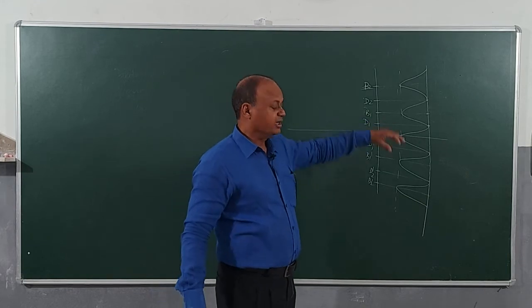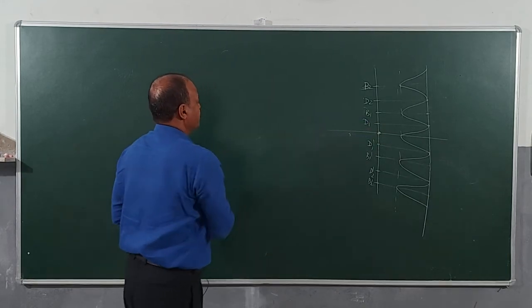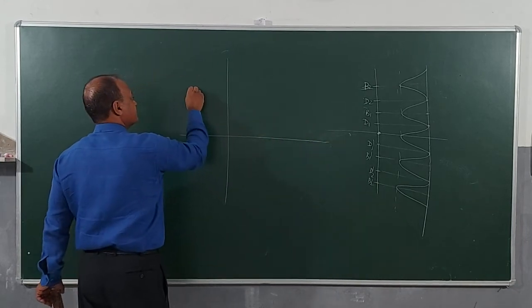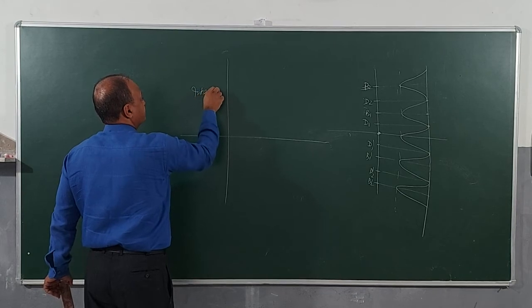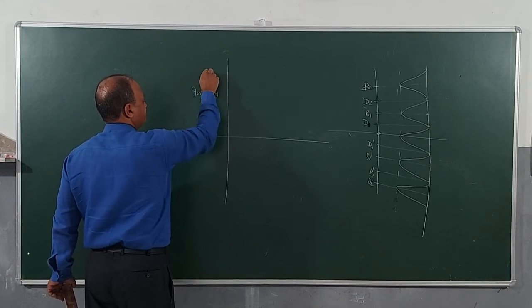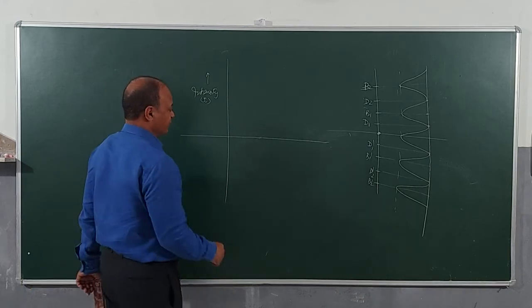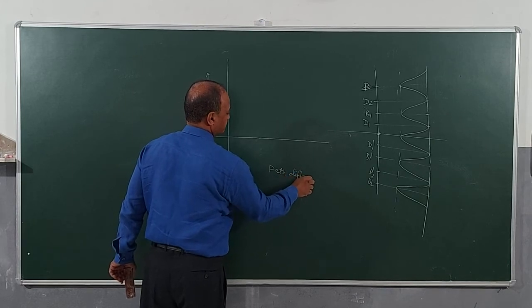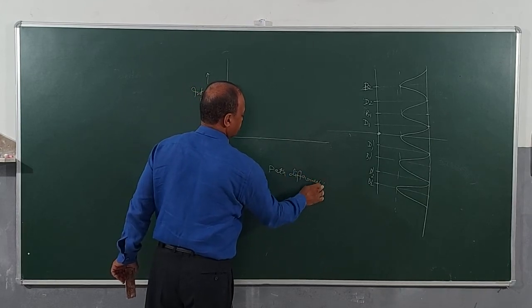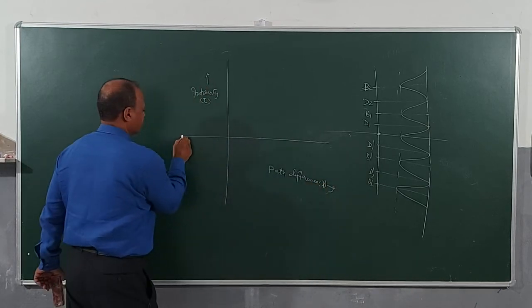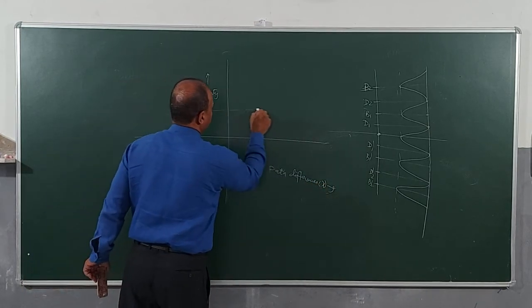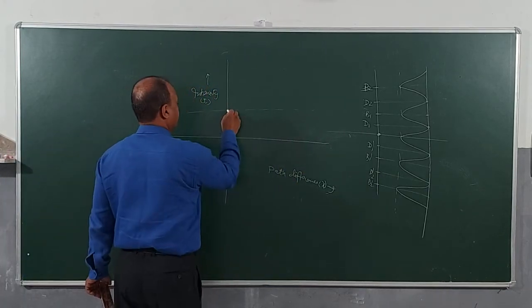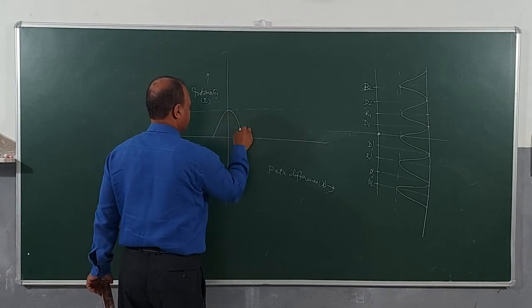Clear? Now if we flip the graph and draw a graph between intensity, that is I, and suppose you want to plot it against path difference, that is x, then children, like I said, bright spots will always be equally bright and dark spots will be equally dark. So the graph will be something like this. It will come something like this.